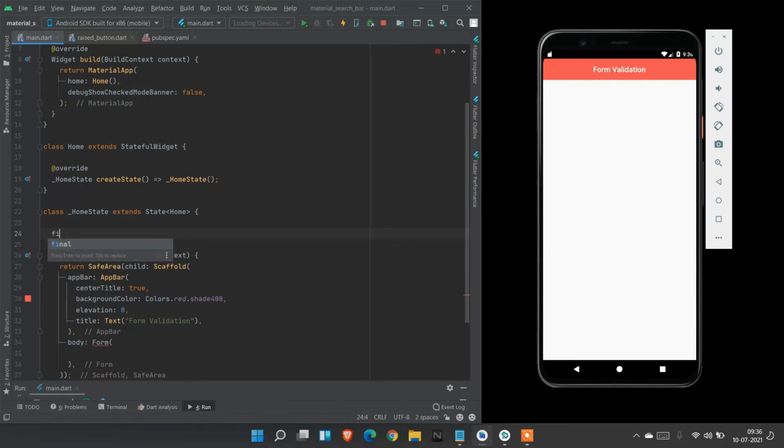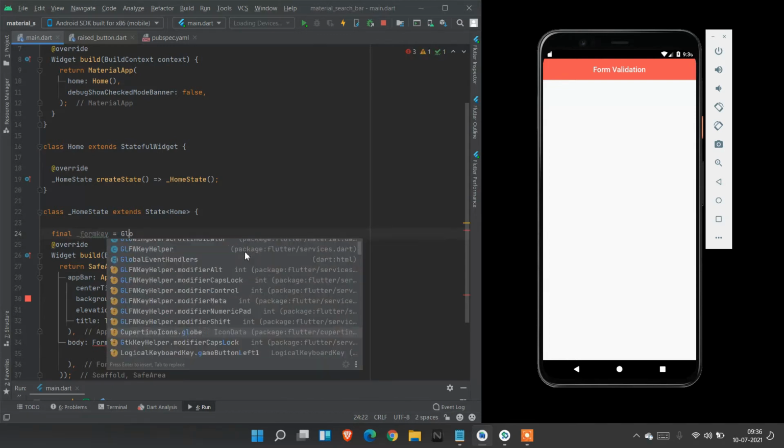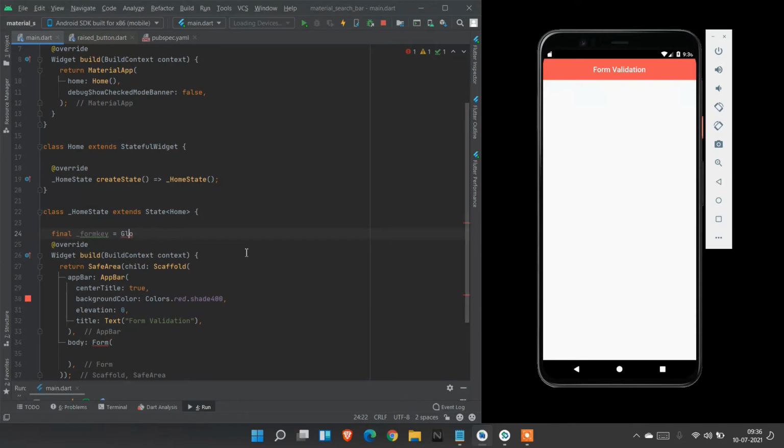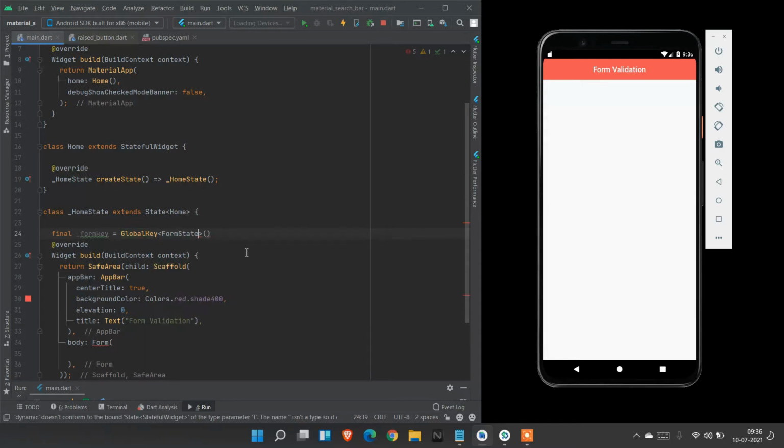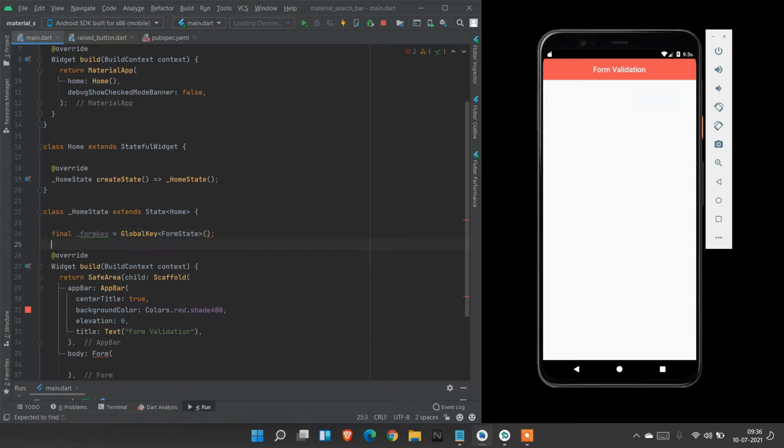Our form key must be final, so I use final form key is equal to global key, form state, so I give form state. Now we created a form key.